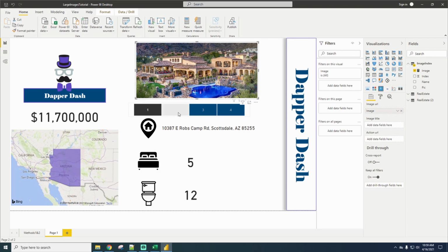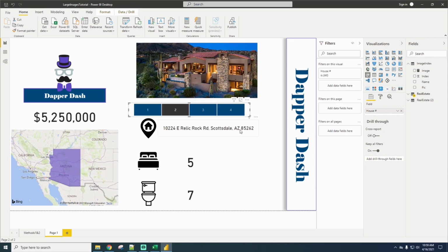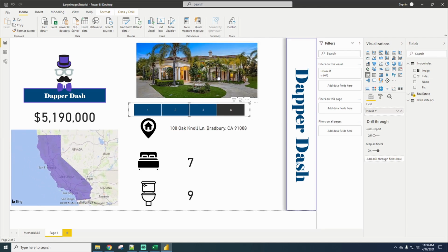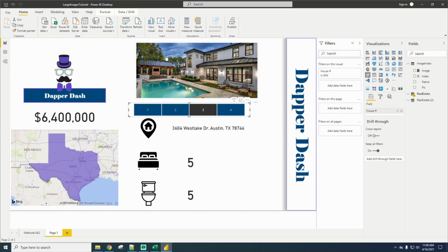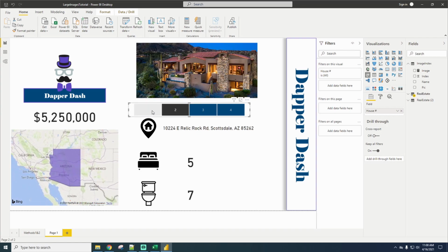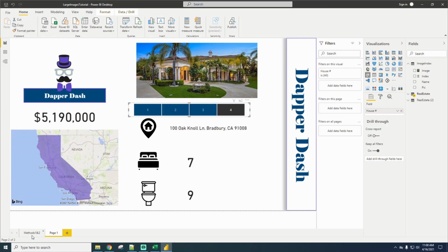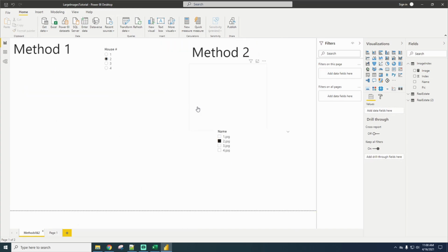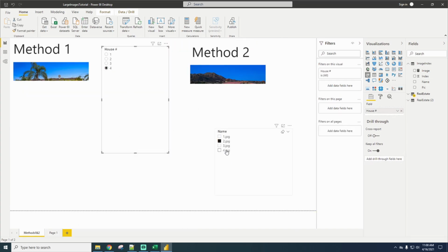So if I go to picture 2 in Scottsdale, Arizona, $5 million house. This house is 5 bedrooms, 7 baths. If I go to 4 in California, here's my California home. If I go to 3, here's my Texas home. Okay. And remember, we weren't able, so image number 4, we weren't able to do that with methods 1 and